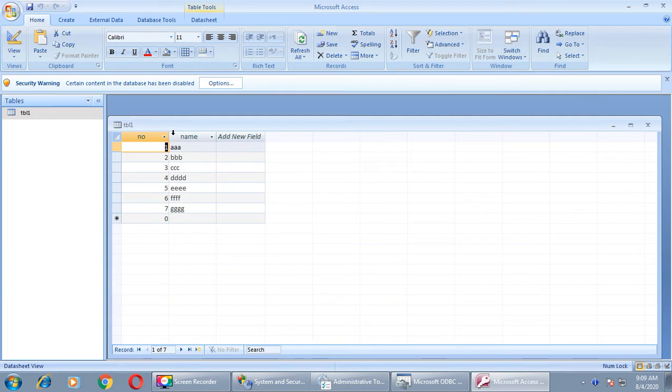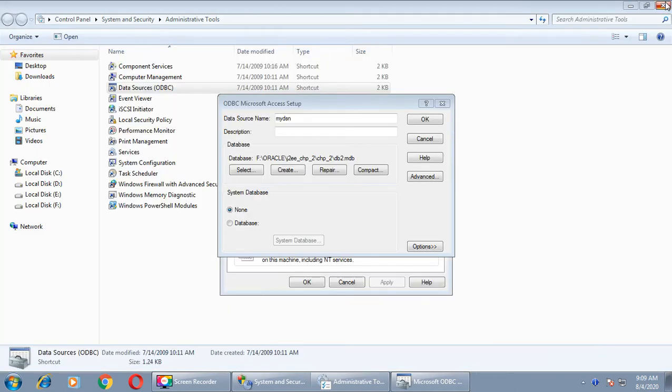There were 2 columns in my tab 2. Similarly here you can see the 2 columns in TBL1, number and name, right? So here the table is already exist, DSN is already exist. We will use this table and DSN in our JDBC coding.